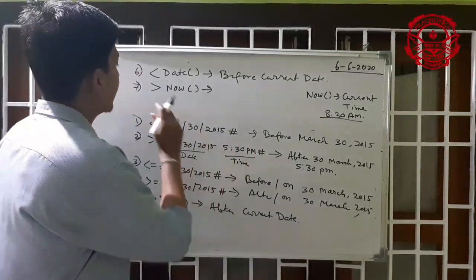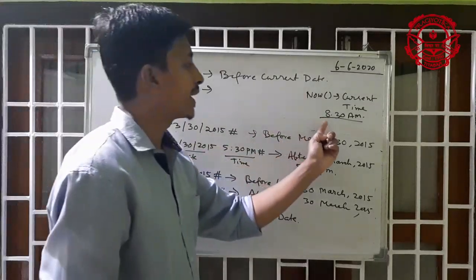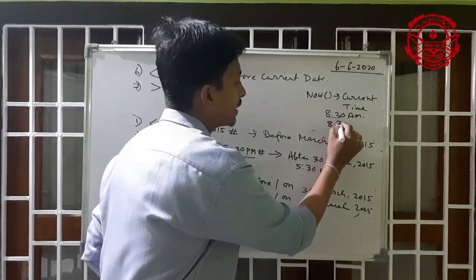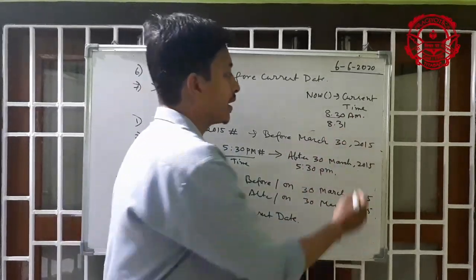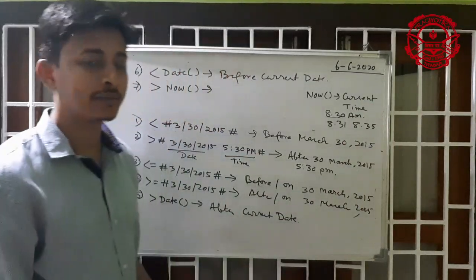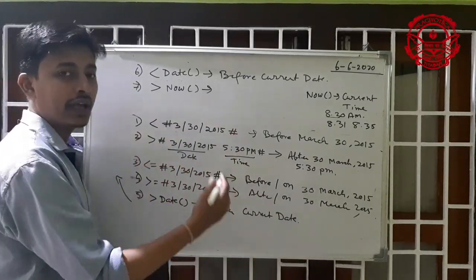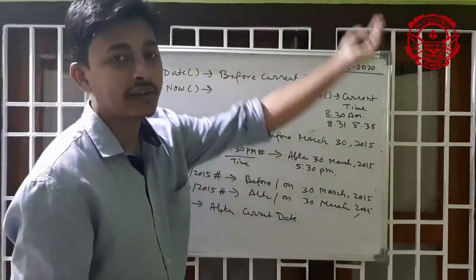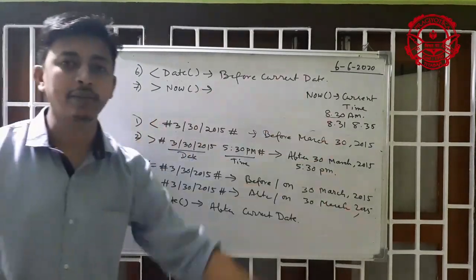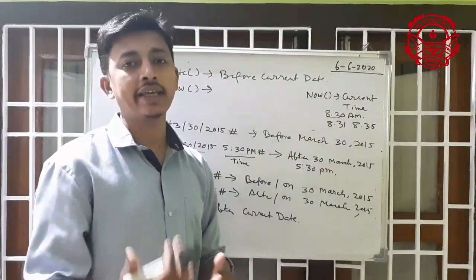Greater than means what? After the current date. Not this time 8:30 a.m.; it should be 8:31. You will not accept 8:30 but you will accept 8:35 a.m. Accept means what? After the current time. It will accept today, but after the current time, or any day in the future.